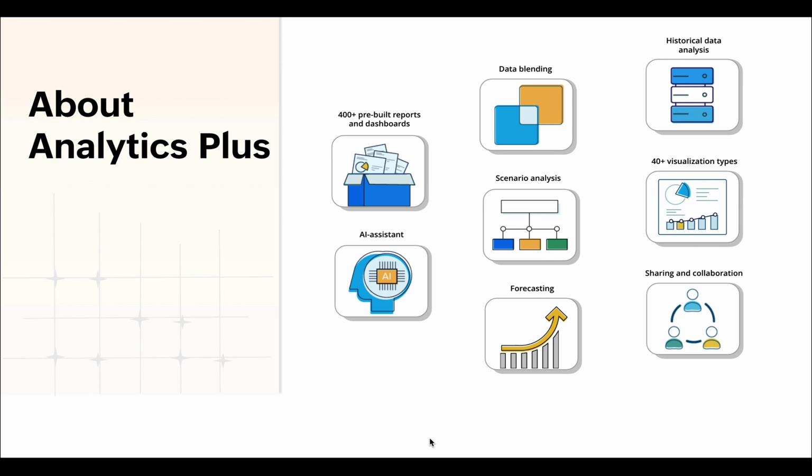Now, another interesting and handy feature in Analytics Plus is a scenario analysis functionality. Using what-if analysis, you can execute powerful scenario analysis over your reports to visualize various outcomes based on a deciding factor. For instance, you can vary the number of technicians employed in a help desk using a visualization and visualize in real time the corresponding impact to your help desk's burn rate. Now, this is a great way for you to understand the number of technicians you need to employ to achieve the burn rate you desire. So, by understanding the business impact when changes occur ahead of time, you can adjust your strategies and achieve your